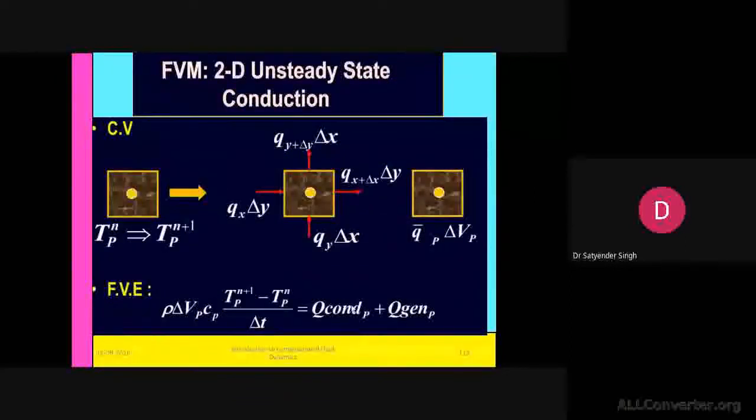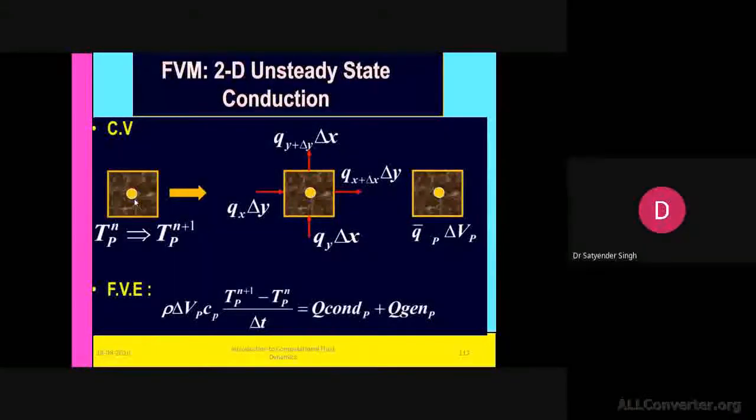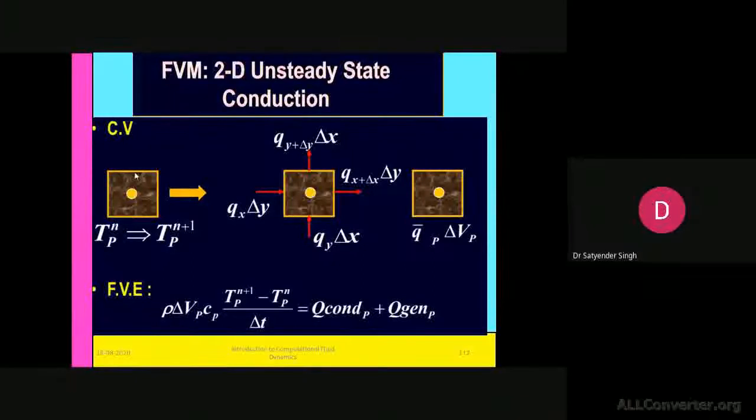So how will it be solved using the finite volume method? We'll try to discuss. Let's say I have taken this as a control volume. For this control volume, what we have to identify is its value at the next time level. This corresponds to the first term, which is the unsteady term, and this corresponds to the second order differential.